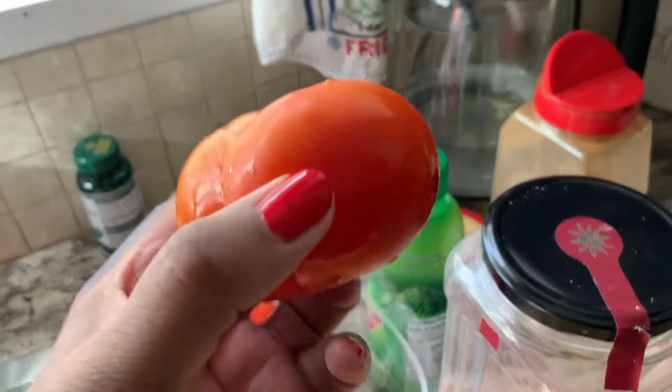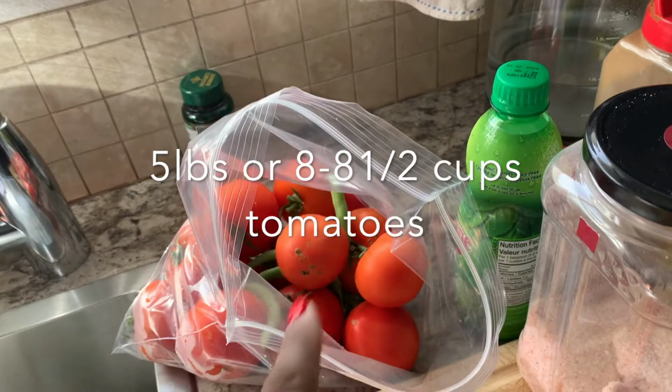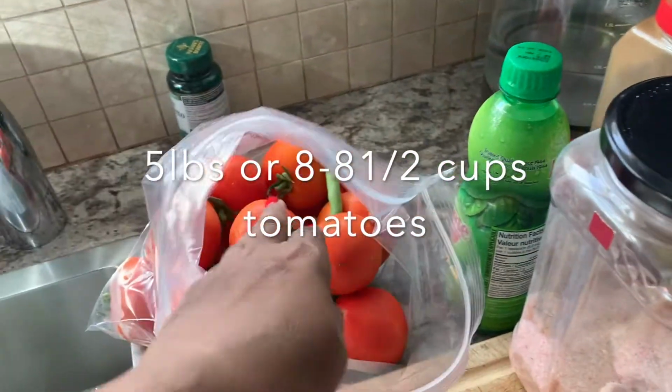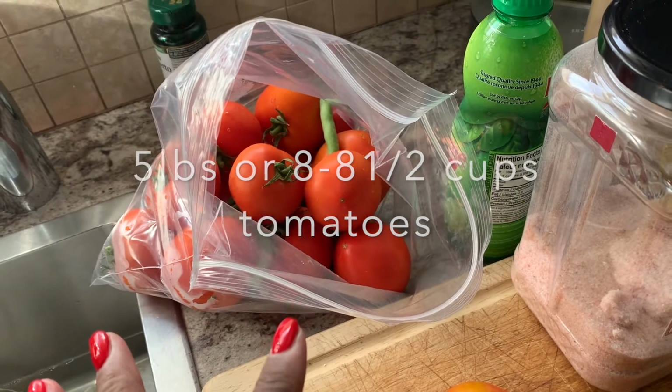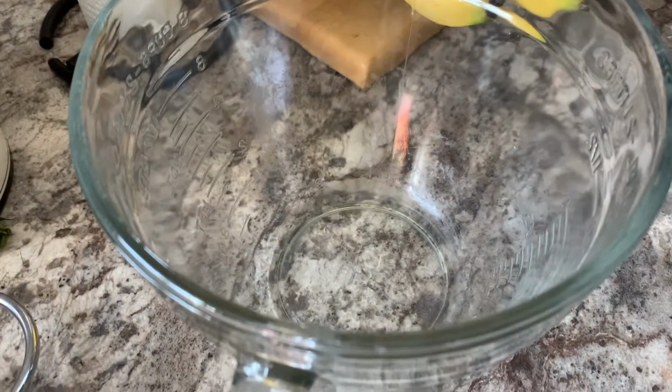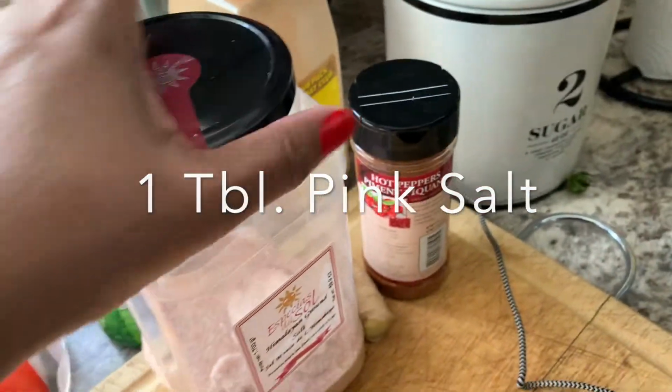So the ingredients you're going to need for this, oh, I should flip you around. The ingredients you need are obviously tomatoes. These are all from my garden. There's a few green beans in there. Don't need those, so disregard the green beans. But tomatoes, and hopefully I have 8 cups of chopped tomatoes. So this is my 8-cupper. I hope I do. And then you need Himalayan pink salt,